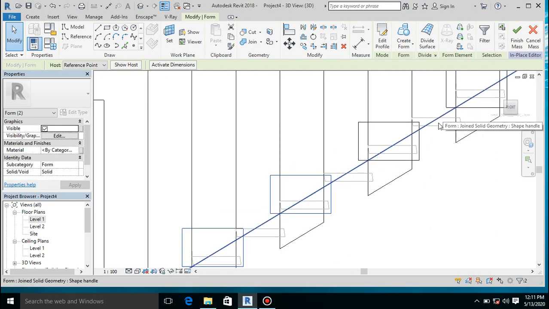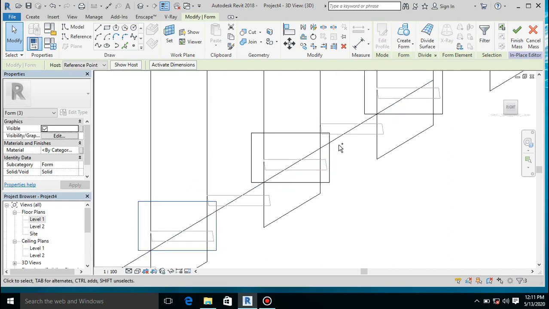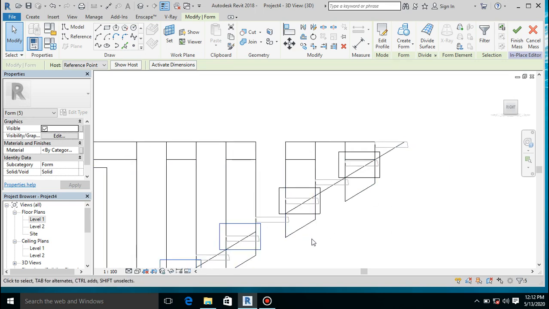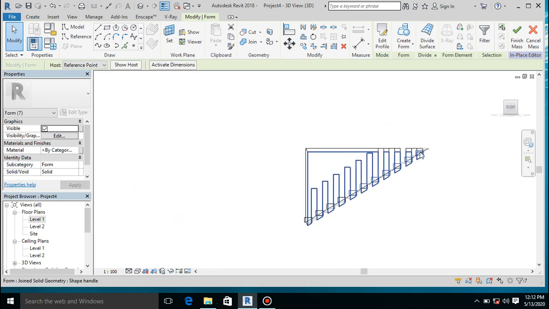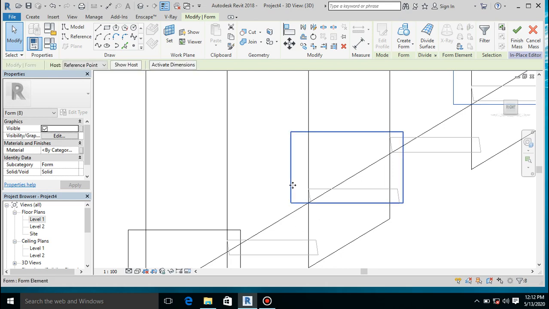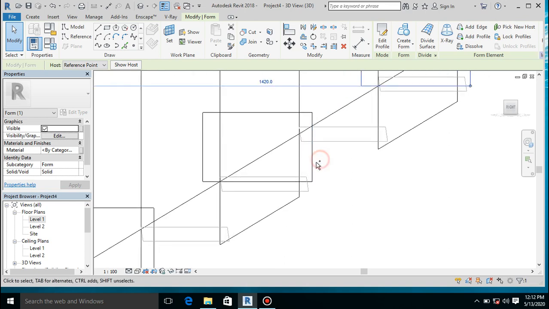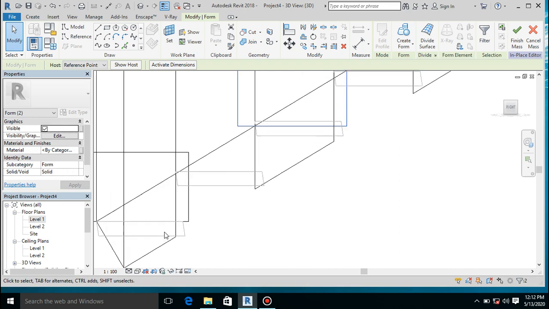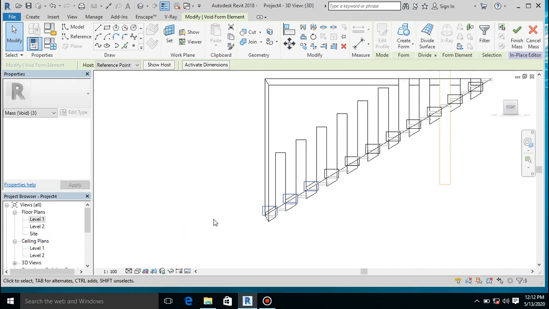This is going to take a bit of my time. I have to select it gradually. Okay, nice. And now let's make it a void form too, and click on apply. Right, good,